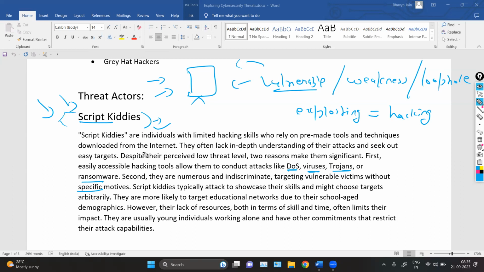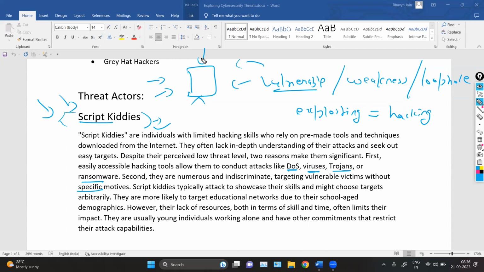We do have a threat, because they can even apply any number of attacks. And secondly, maybe the system itself is vulnerable, right? So the script kiddies can apply the attack, and by chance they can exploit or hack your system. But there's a chance. And when we talk about security, we cannot leave any chance in our system.